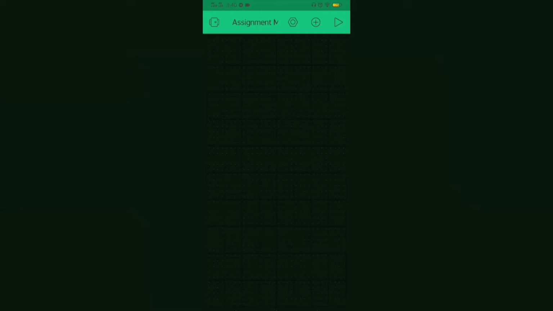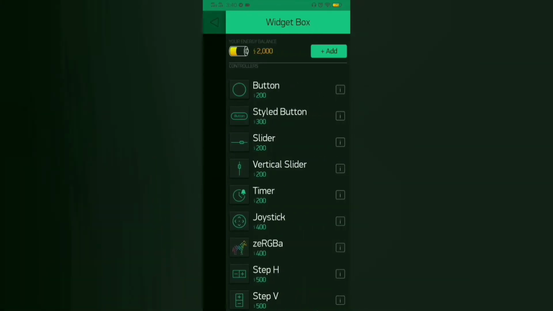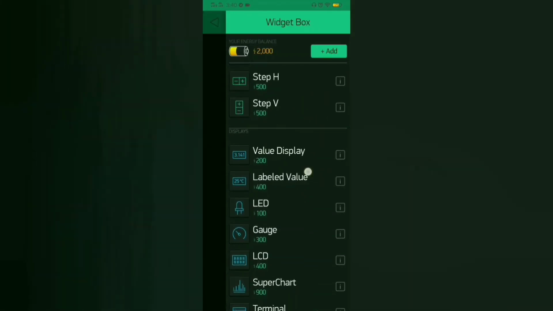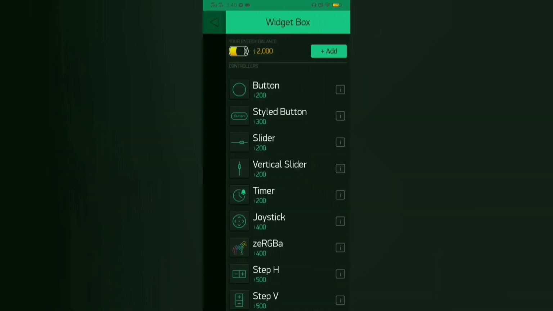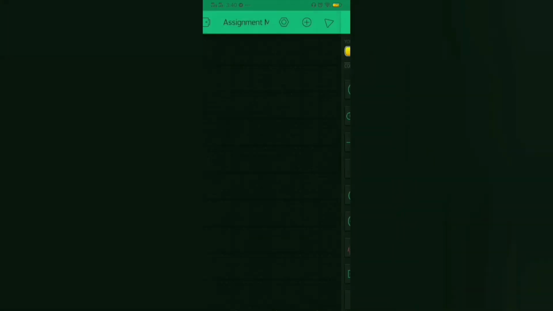Okay, after you create your project, you can see this dashboard. When you click this widget box, you can see there are many controllers and displays and others. So you can just drag and drop whichever one you want onto this dashboard.